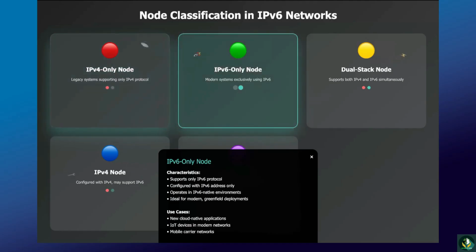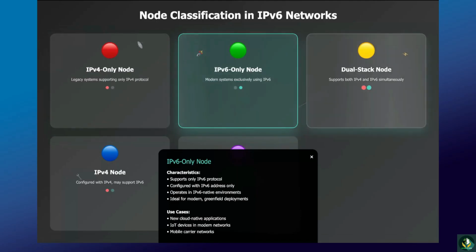Then we've got IPv6-only node. It supports only IP version 6 and is configured with an IP version 6 address. It operates in environments where all other nodes and applications use IPv6 exclusively, and it's ideal for modern IPv6 native